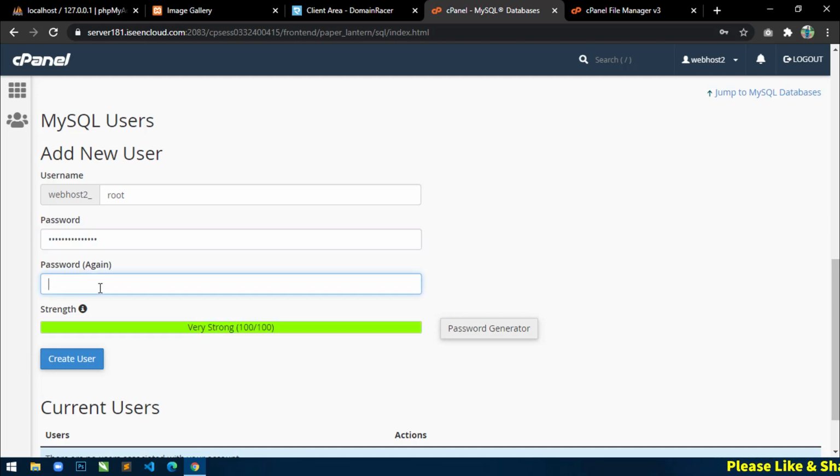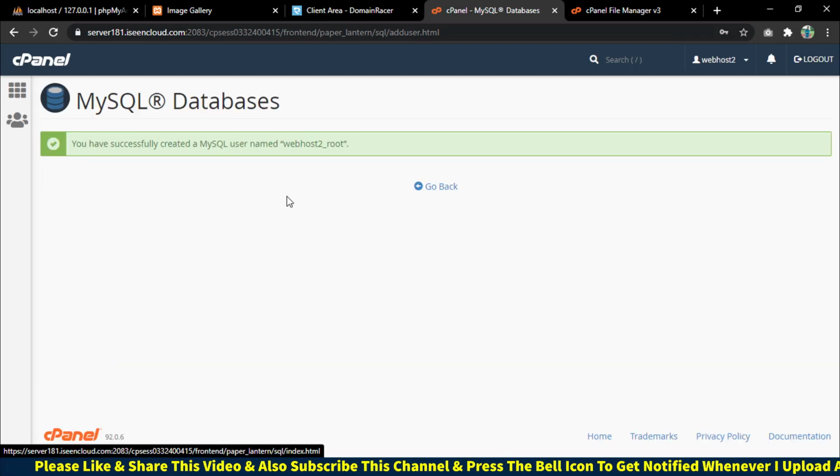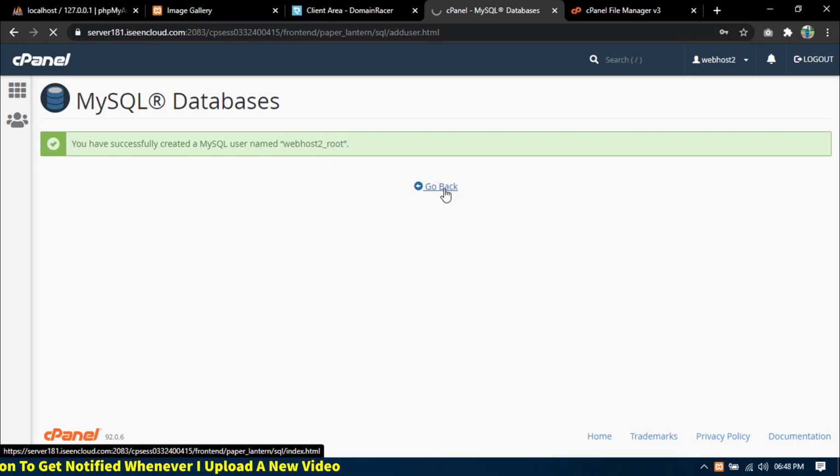Now click on create user. Now you can see this is the username, webhost2_root. So remember this also and click on go back.